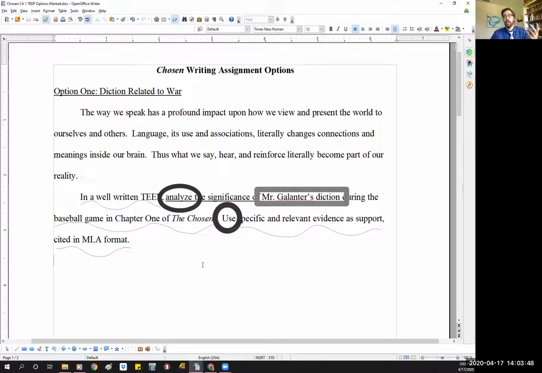And even though this isn't really a time situation, you're going to have a couple days to get this TEEP done. So it's timed, but it's a long time. Why not take the recommendations and pointers the assignment's giving you? So we know we're going to focus on diction related to war probably. And then we're going to say, okay, why is this important? Now we're going to notice the prompt doesn't give us a specific purpose we have to focus on. So that means we get to come up with our own purpose.